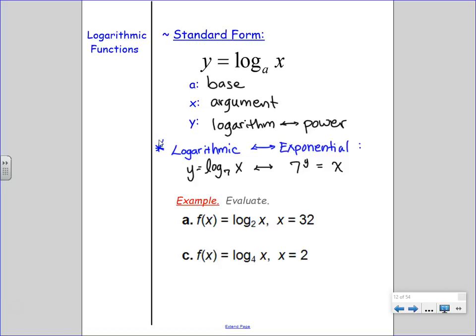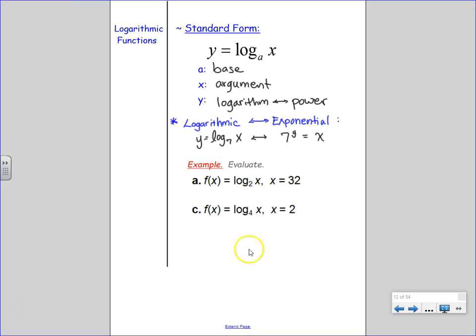Now, those of you that have the log base button, you're spoiled rotten, because all you have to do for letter A is plug in log base 2 of 32 and see what that equals. And then for letter B, log base 4 of 2 and see what that equals. If you guys have hit the log button very often, you're like, oh yeah, those are usually exactly decimal things. So why don't you go plug it in and let's see what they are. Log base 2 of 32, what do you get? 5.